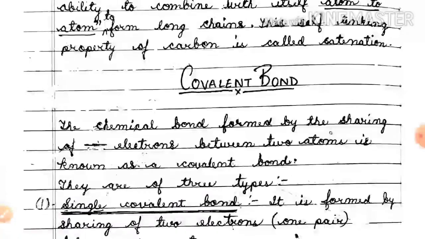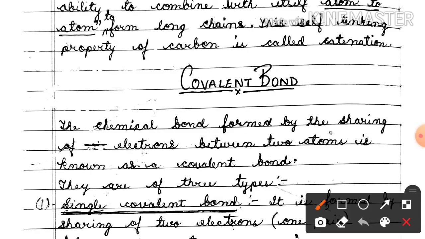Now we will study the covalent bond. What is the meaning of the covalent bond? The bond which is formed by the sharing of the electron is called covalent bond. Earlier you have studied in the chapter metal non-metal, the ionic bond. Ionic bonds are formed by the ions. Ions contain positive and negative charges, and when these charges come close to each other, a force of attraction is developed, and that is called ionic bond.